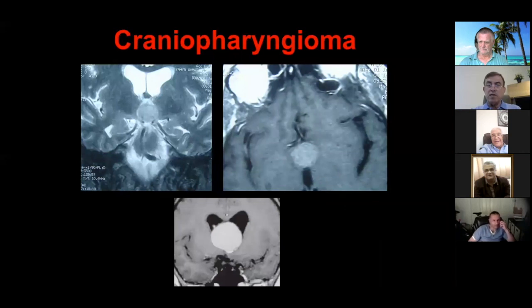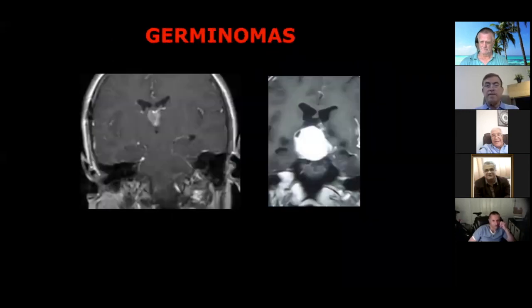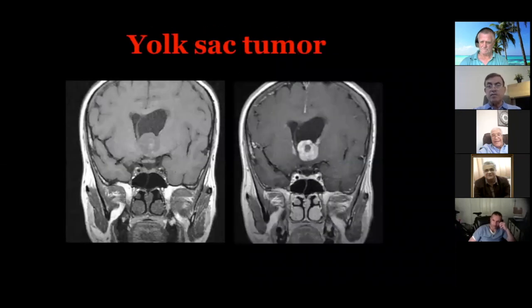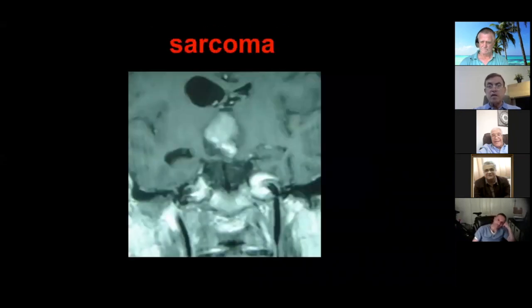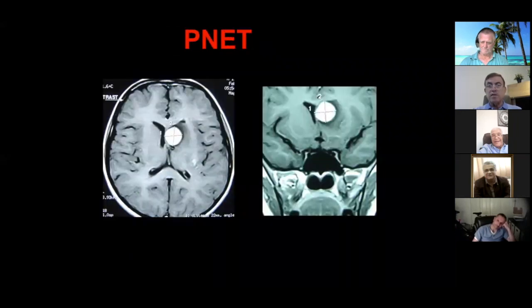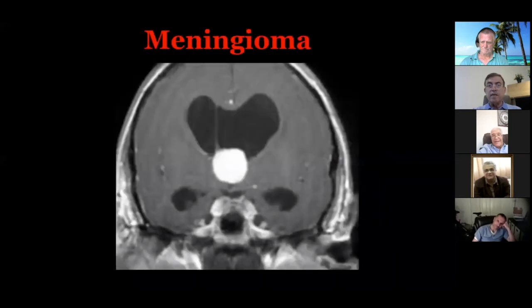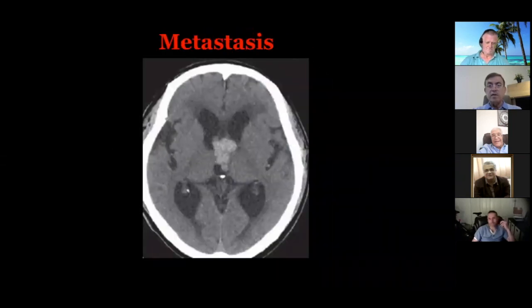Craniopharyngioma contained within the third ventricle. As you know, 5% of the craniopharyngiomas are located just inside the third ventricle, and they have no connection whatsoever with the sella. Germinomas, yolk sac tumor, sarcoma, one of my patients, PNET, primary neuroectodermal tumor, meningioma, isolated meningioma within the third ventricle, metastasis,